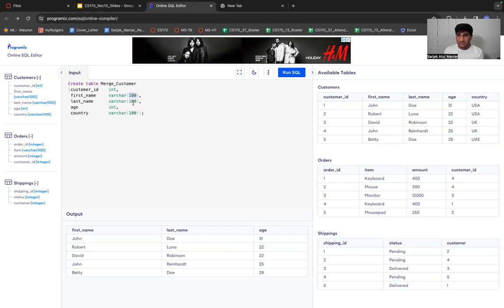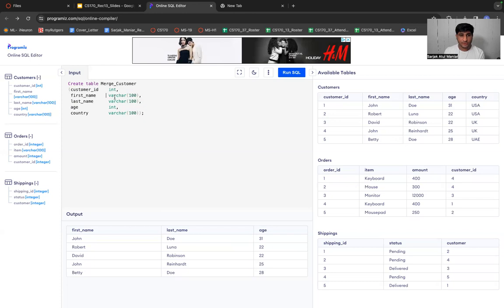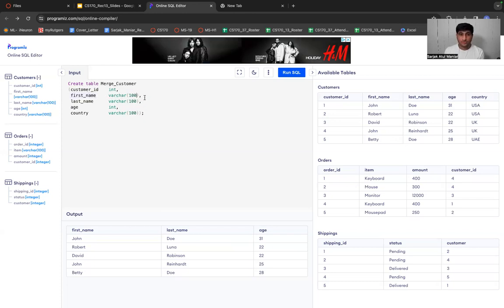So what is 100? It's the length which we are specifying, that the maximum length of any value which is going to be an input for my first name column should not exceed the size limit of 100, right? Of course, in a real world scenario, no one's first name, to be honest, is going to exceed the limit of 100, right?